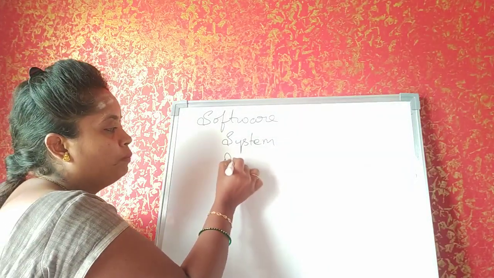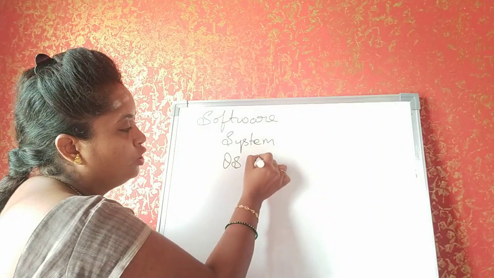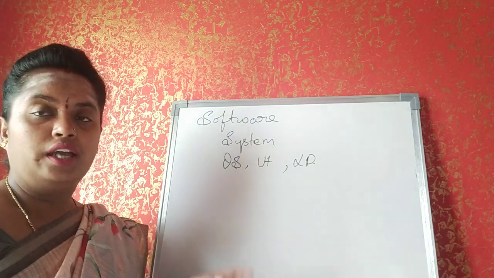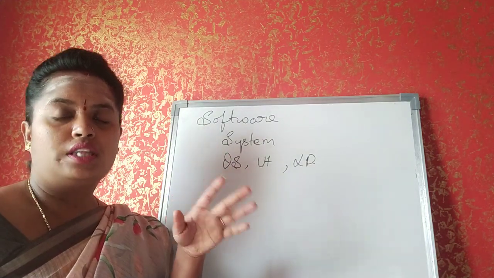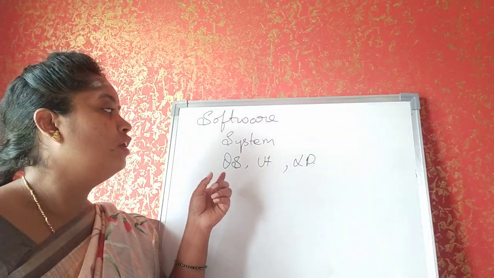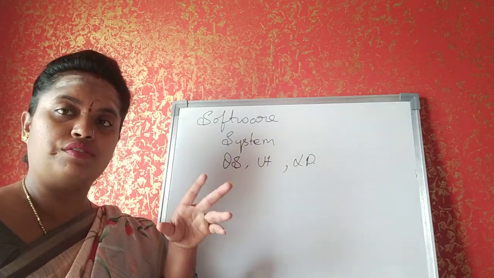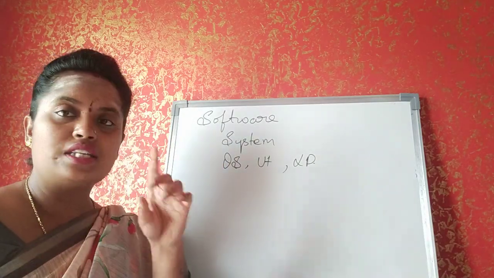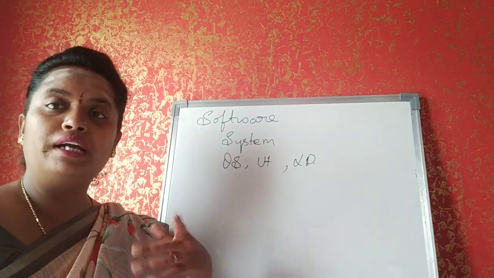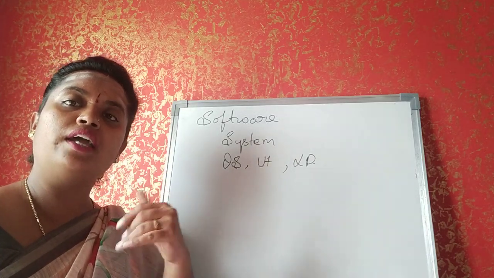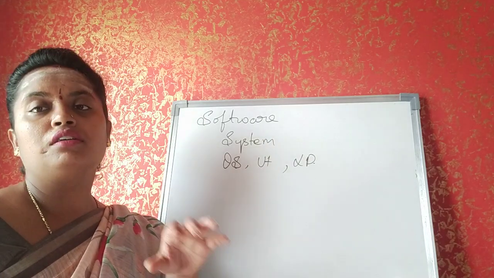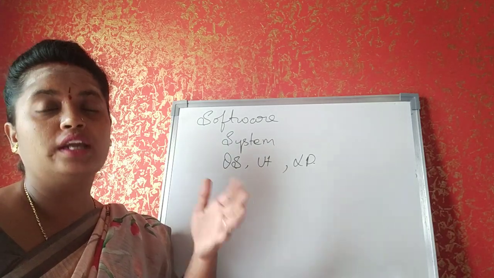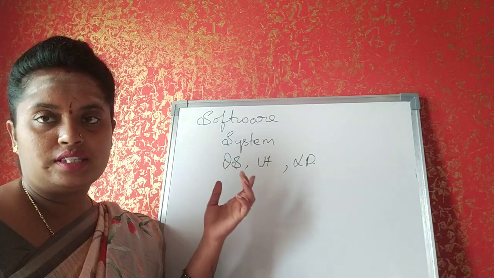In that you have operating system, utility programs, and language processors. The operating system controls the overall activities of the system. It has different types: single user, multi-user and multitasking. Single user, only a single person can use the application at a time. Multi-user, same application can be used by n number of users. Multitasking, you can do different tasks at the same time.